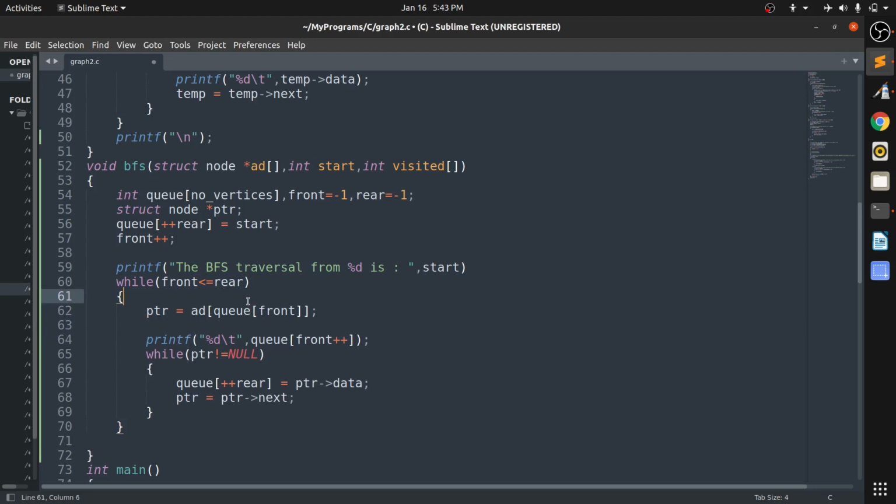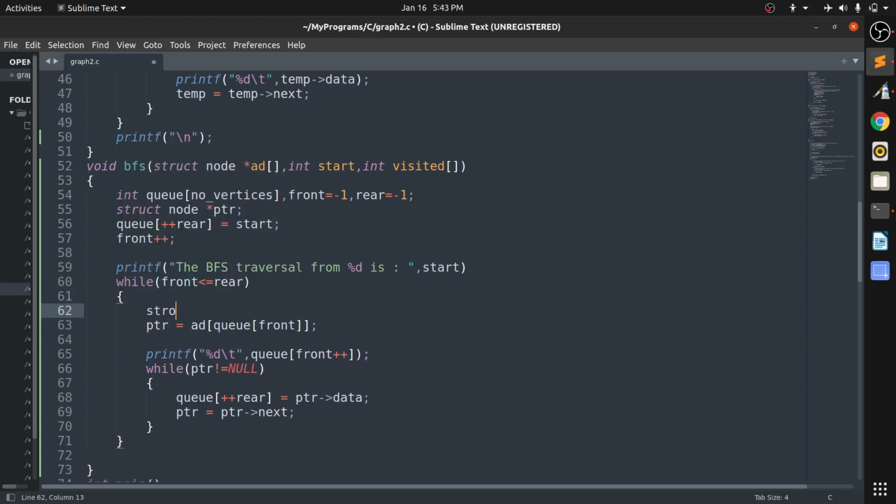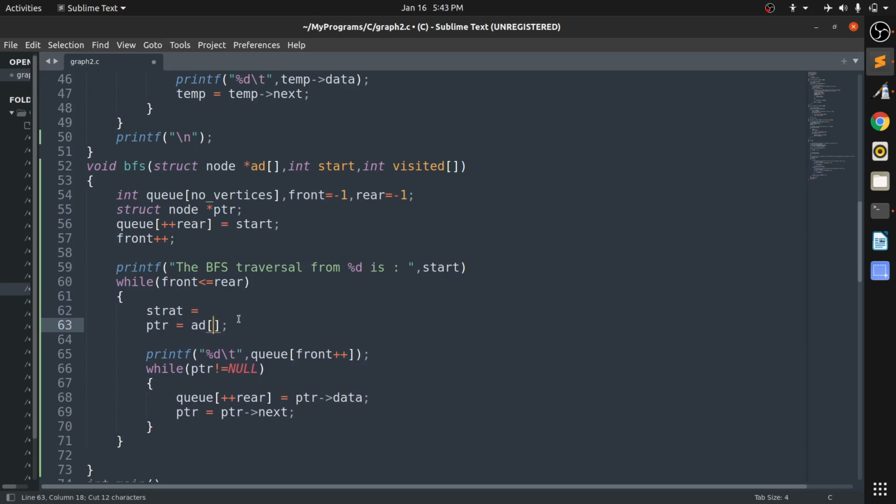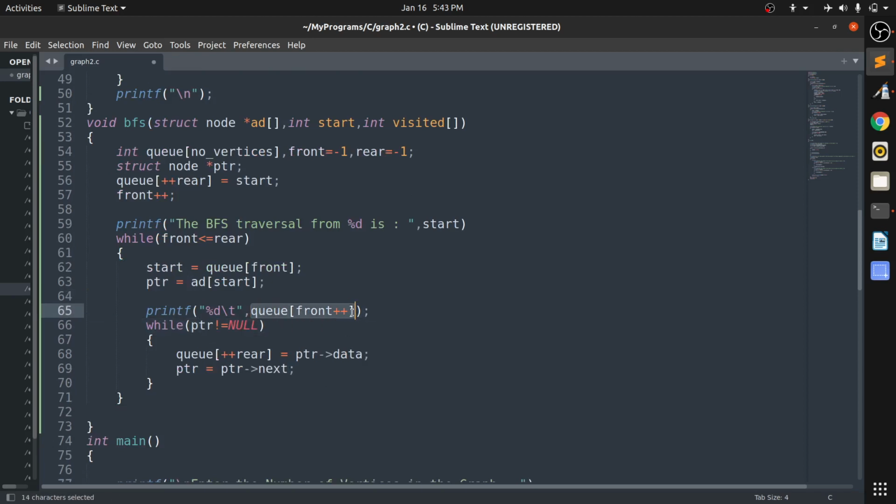Okay, I'm doing this. Okay, the value of queue of front is going to start, and then first value is going on. Okay, the queue of front is going to start. Okay, and here I can also print.